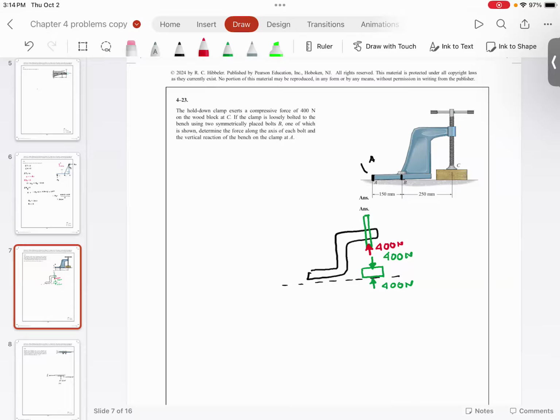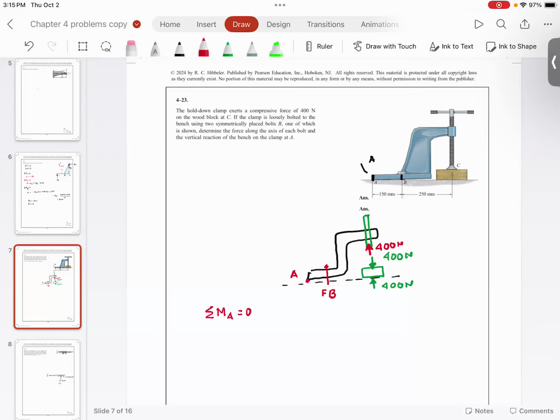And now what you have is this bolt here, which is B, and there are two bolts. So I'm going to call this force FB. And these bolts pivot about this point A. So if you want to take the moment about A, summation of moment about A is equal to